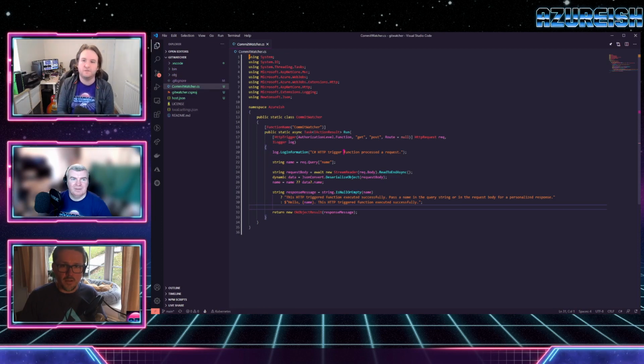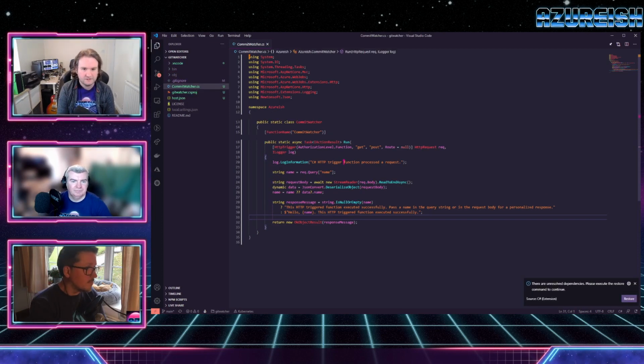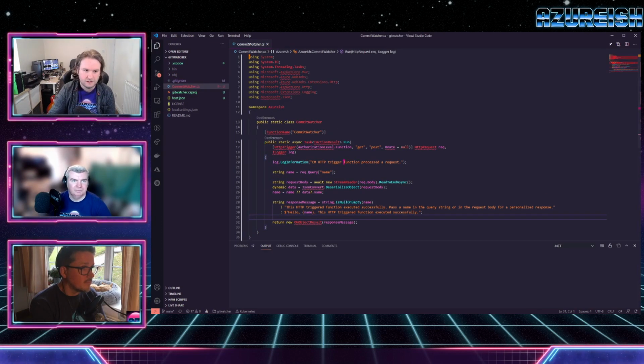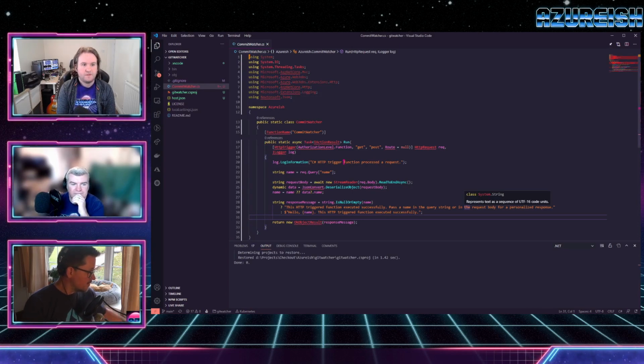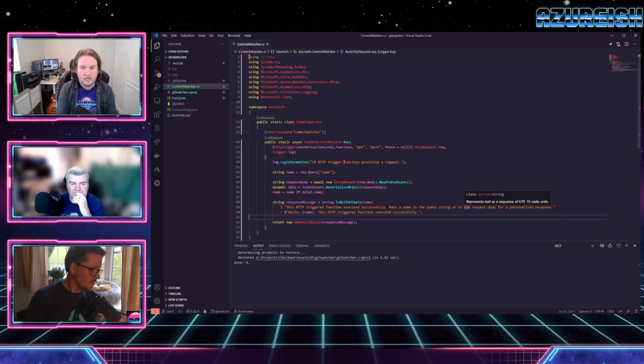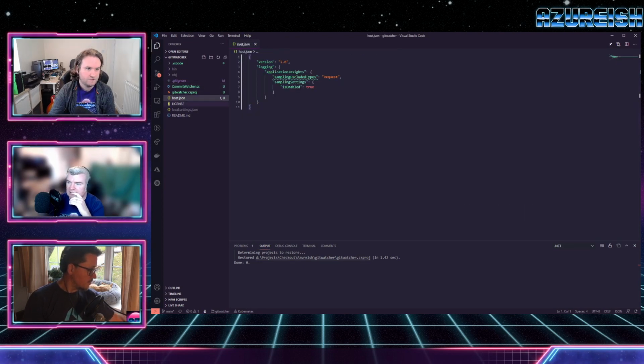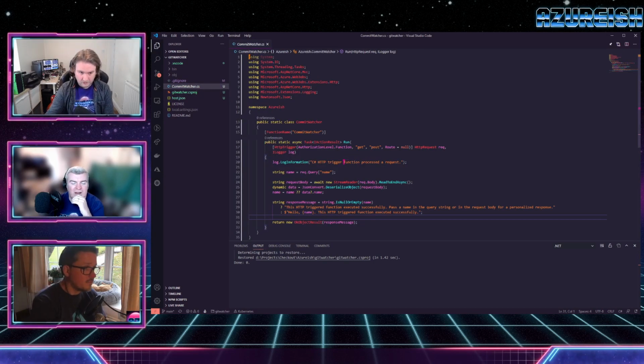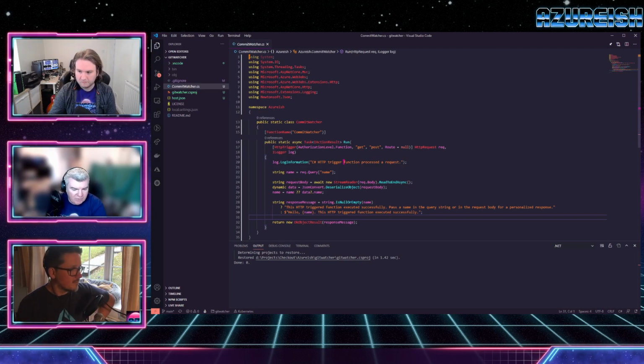So this is just the default setup. There are unresolved dependencies. Please restore. Yeah. Okay, let's restore those. It's not had a build yet. So what we've got here is just the default code for a C# HTTP trigger function. Let me just check what flavor of, it's defaulted to version 2, but that's probably okay for now. Well, yeah, so long as it's not using some preview alpha thingy, it'll be okay.